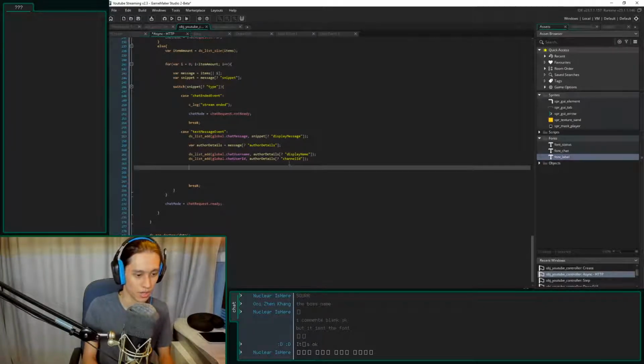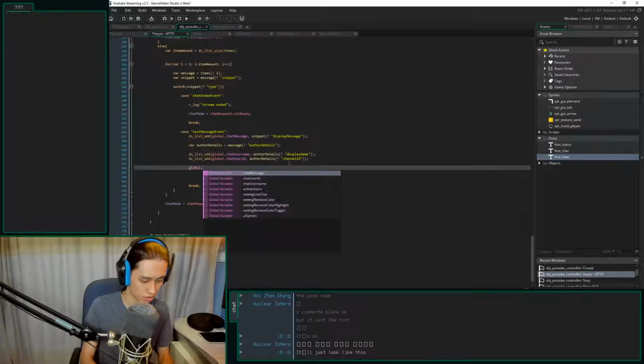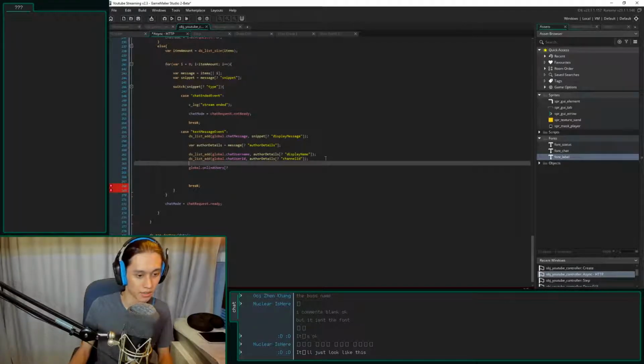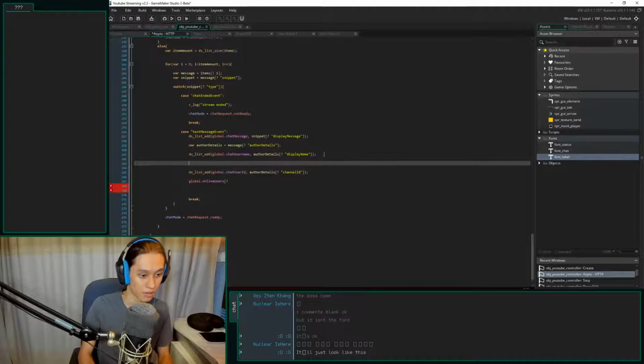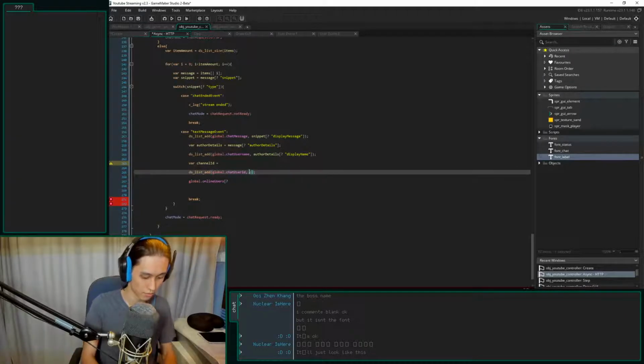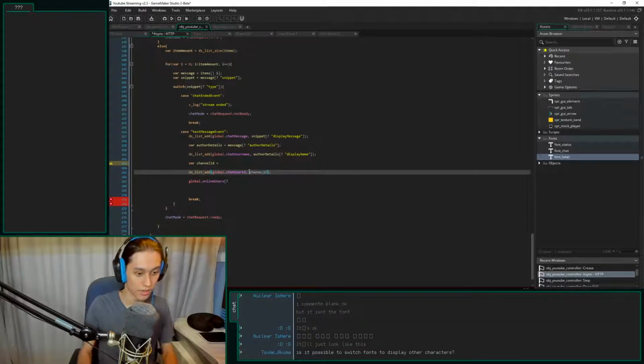So we'll do global.online, it's called online users. And then I need to get the ID. Let's make sure I store the ID somewhere, like var channel ID. Channel ID equals whatever this is here. And then I can put in channel ID right there.